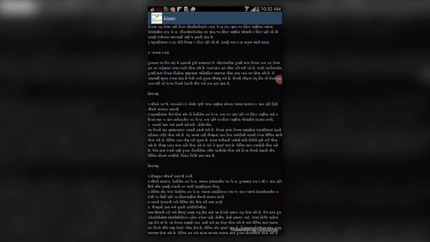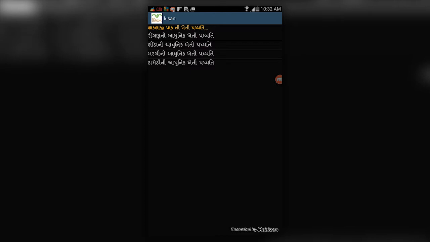So the farmer doesn't need to go to any person, because any farmer can have this app. He or she can read each and everything and have all the details related to good cultivation practices and the issues that may arise. Everything is covered in detail, so the farmer can have information at their fingertips, on their palms. Similarly for okra, green chilies and tomato, it is available, and all these practices have been developed in a standardized way by the Navsari Agricultural University exclusively for the farmers.